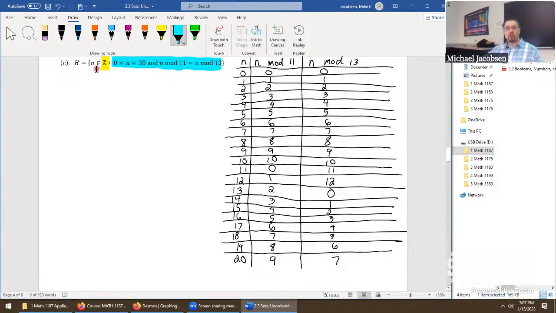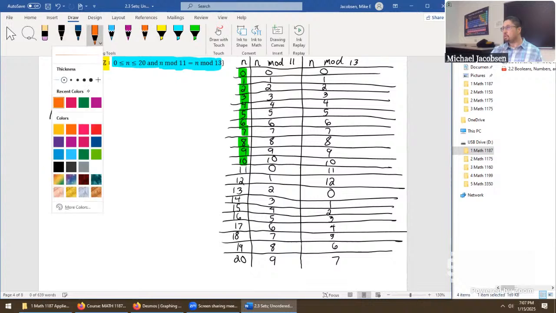So we wanted a set of all integers n for which n mod 11 was equal to n mod 13. And here are their outputs. All those integers n are going to be 0, 1, 2, 3, 4, 5, 6, 7, 8, 9, 10, because all the outputs on the right are the same. But when our column 1 resets to 0, we have mismatches all the way down. So we can say our set H is equal to